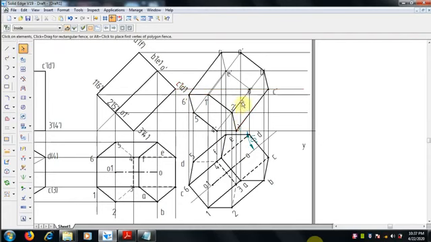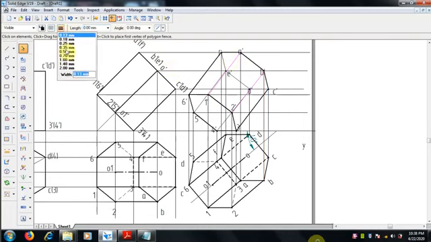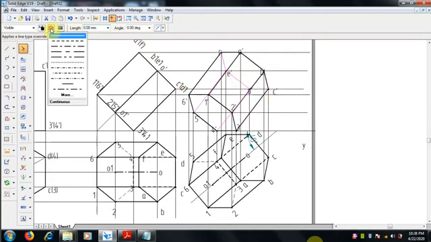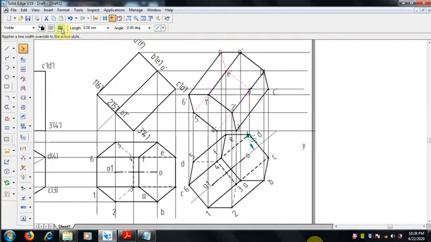So select the line 2 to B. Select 2 to B and 1 to A. Yeah, this is visible since it is joining with the visible edges. Base visible and top visible, both are joined. But the 5 and 4 edges, these are all hidden because they are crossing through the visible faces. The edges passing through the visible faces should be hidden.